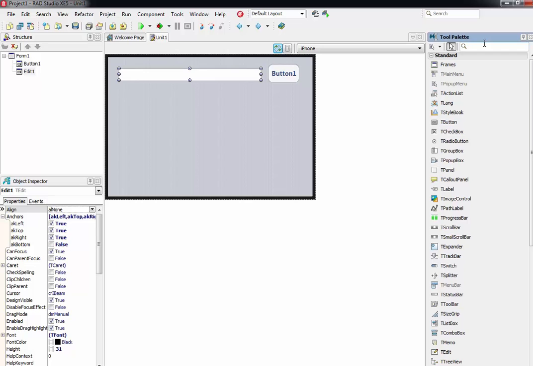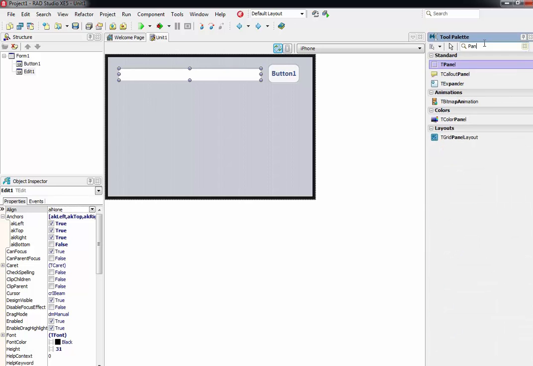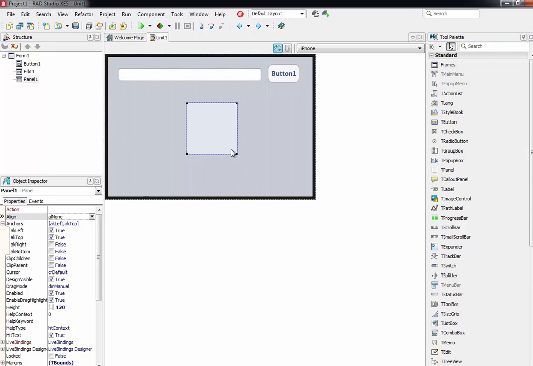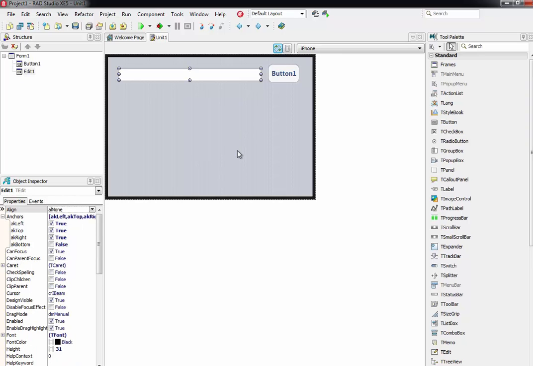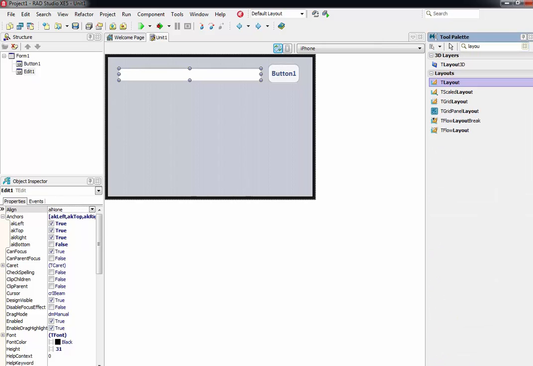So before we would nest them in panels, but now a panel, if I drop a panel down, you can notice it's a different color. It has some design characteristics with it. And in the VCL, you would drop down a panel and just turn off all the borders, and everything would usually work fine for you. In this case, we want something that's a little less. So if we want a